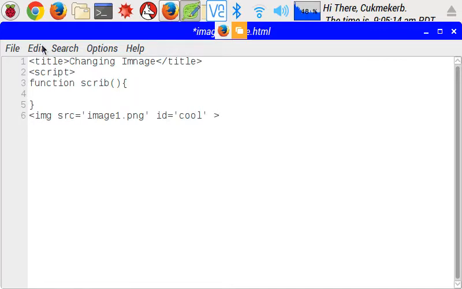So what I'm going to have it do is I'm going to get this element, this image, by its ID, like this. Document.getElementById, and then in here you put cool, because you can see down here that the ID of this image is cool, so you put cool inside of quotes, close the parentheses, and now you do dot set